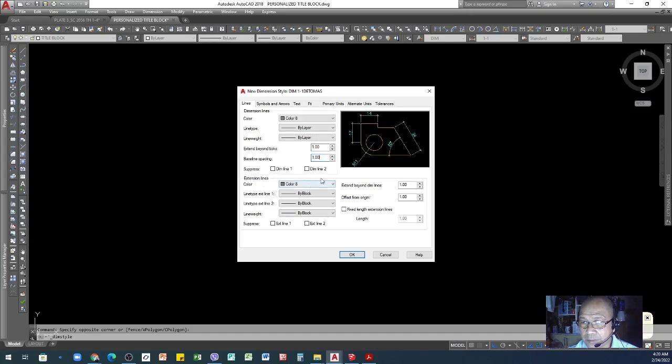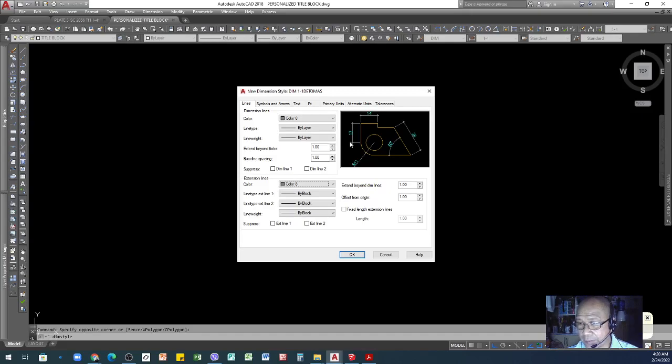Extension lines, the extension line is this one, from your object to your dimension. So the color of that will be blue. Still we will select 8, then the rest just leave it. And then extend beyond dimension lines, again this one, the extra line from this limit of your line going out.